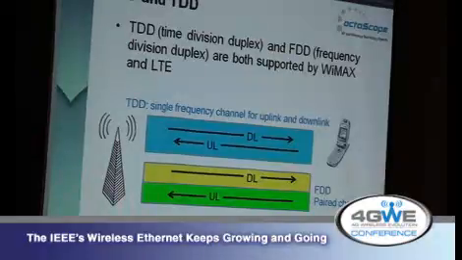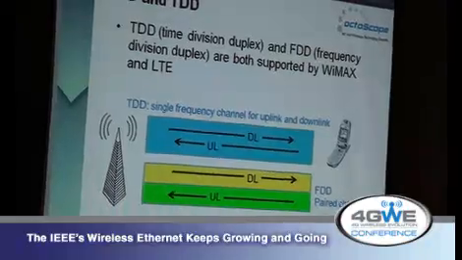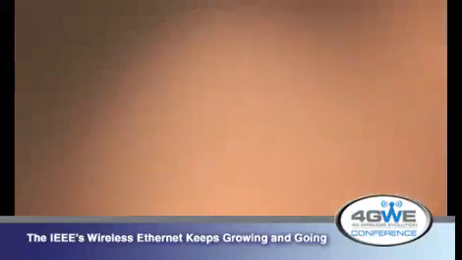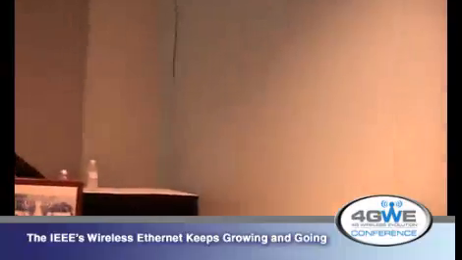That's where WiMAX started out. However, they quickly found out that a lot of the spectrum is allocated in pairs, and that in order to be successful, they have to do FDD. So they went back in a future release to support FDD. LTE started out with just FDD, and they quickly found out that they also need to do TDD, so they kind of moved. And so both technologies now support both.